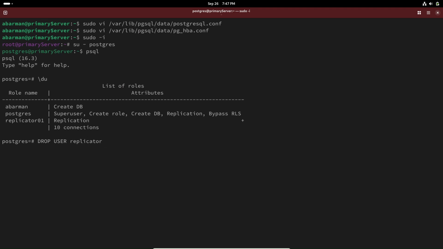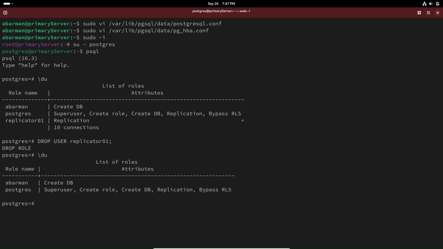Create a replication user on the primary server. CREATE USER replicator REPLICATION LOGIN CONNECTION LIMIT 10 ENCRYPTED PASSWORD 'your_password';